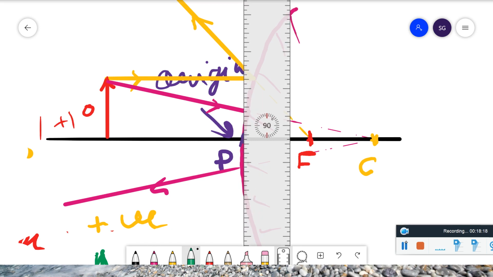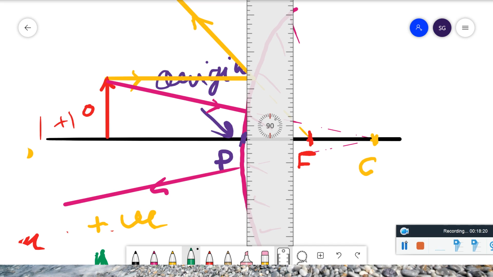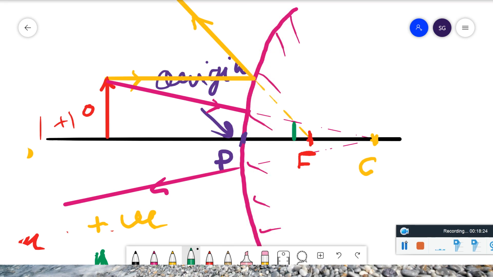You can see the intersection point. This is our image. This is our eye. So here also you can see that the image is positive, and here the focal length, you can see this focal length